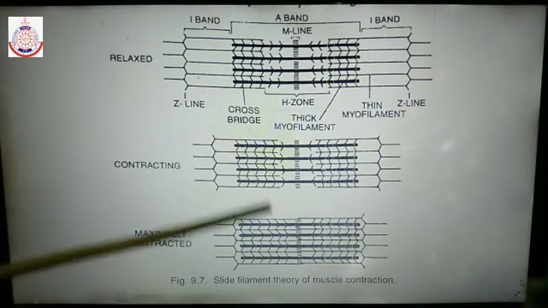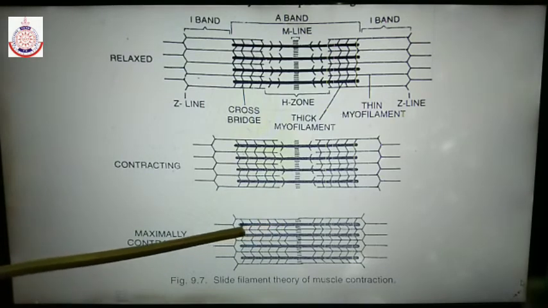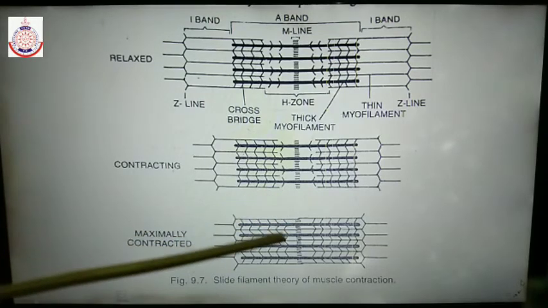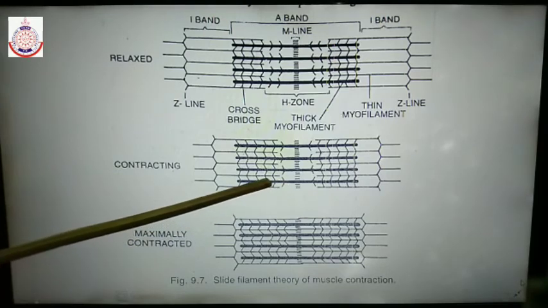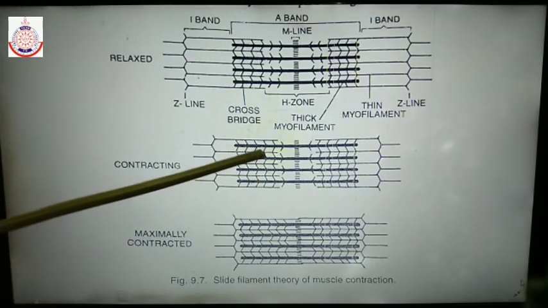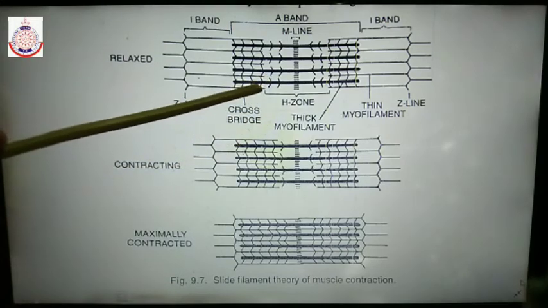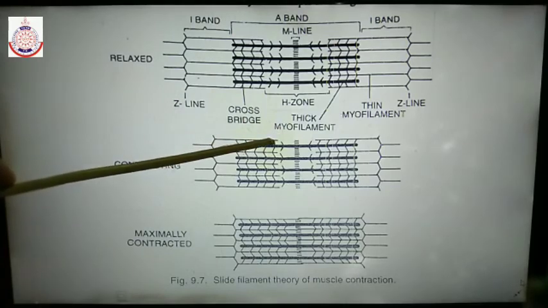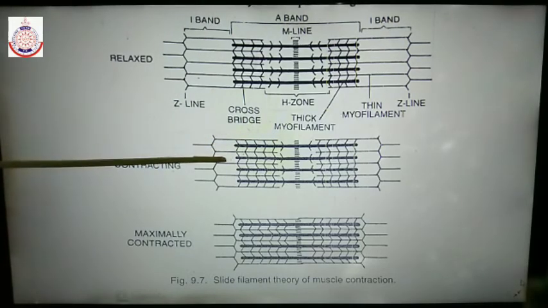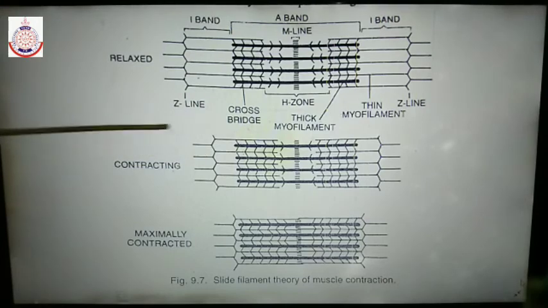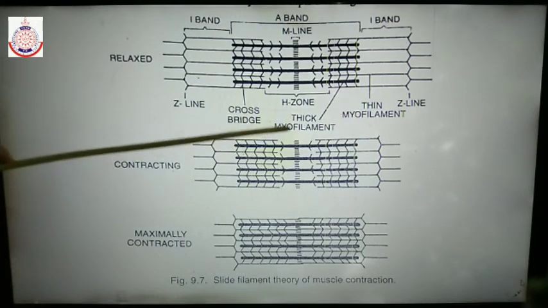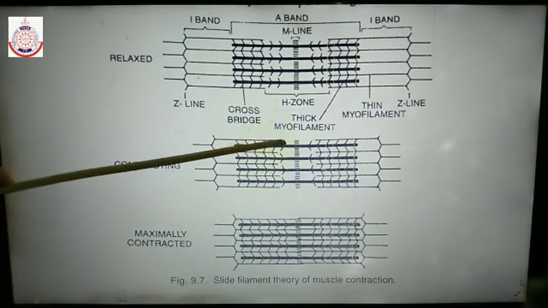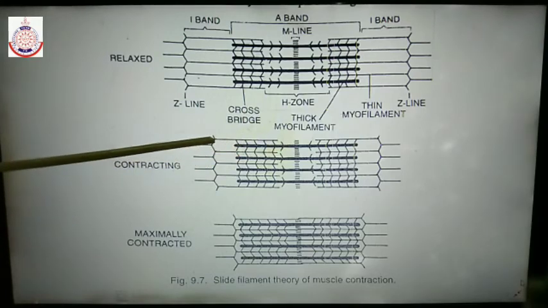When the cross bridges are broken, you can see here all the myosin heads are combined with the actin filament. Now we are assuming that the ADP is removed. So the myosin heads get removed from the actin filament, and the actin filaments slide outward. So during contraction, the actin filaments slide inward towards the A band, and during relaxation the actin filaments slide outward